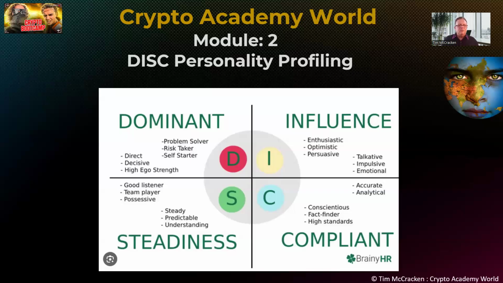For example, someone in the S category would not be able to comprehend creating and owning your own crypto hedge fund at a high level, because that's all about managing risks and taking risk. They're just not wired for it. However, maybe a program like Accelerator could be perfect for them to get started and accelerate their growth.